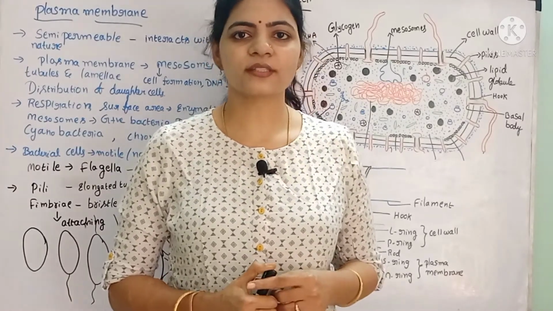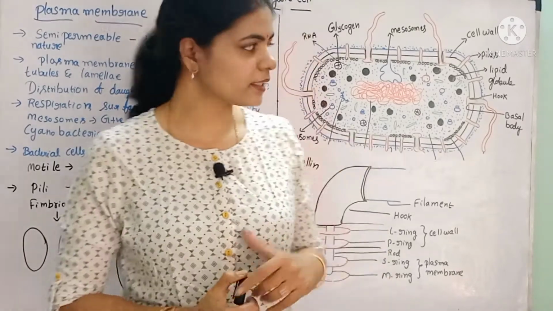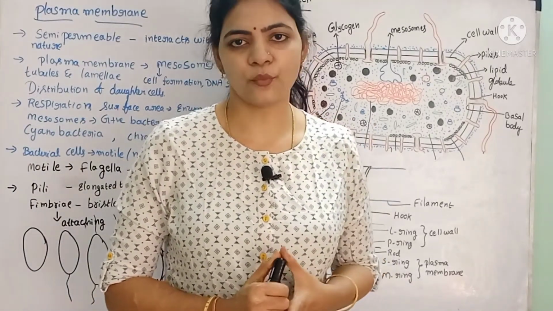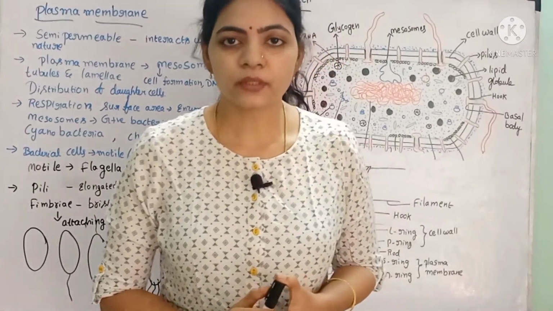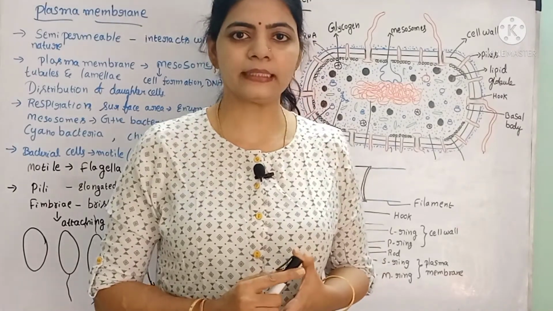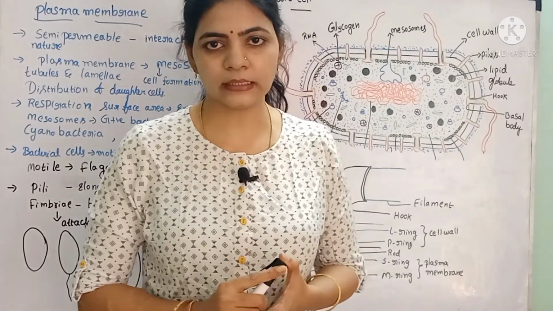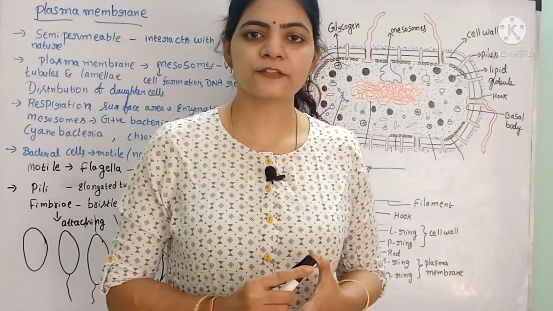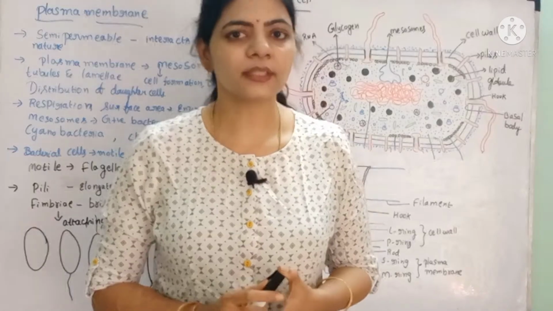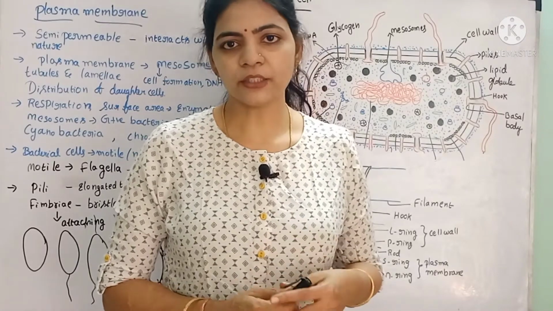In this video, we are going to study the next part in the prokaryotic cell. In the last video, we started the structure of the prokaryotic cell, and we studied it up to the cell wall. Depending upon the cell wall composition, the bacteria were classified into gram-positive and gram-negative bacteria. The gram-positive bacteria consist of a high amount of peptidoglycan when compared to the gram-negative bacteria, and the gram-negative bacteria consist of a lipopolysaccharide layer which is absent in the gram-positive bacteria. Depending upon that chemical composition, Christian Gram introduced the Gram staining technique. Up to that we have studied.